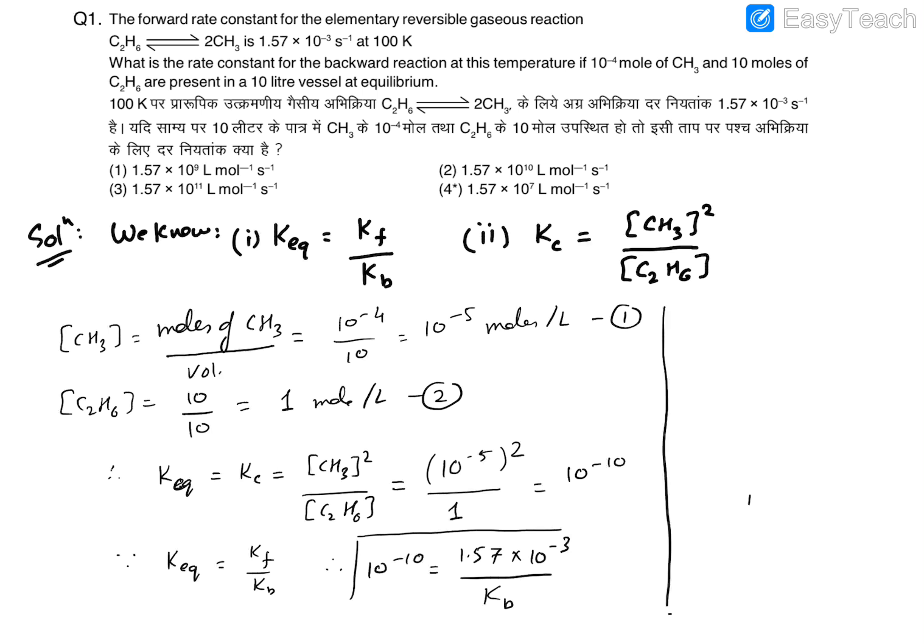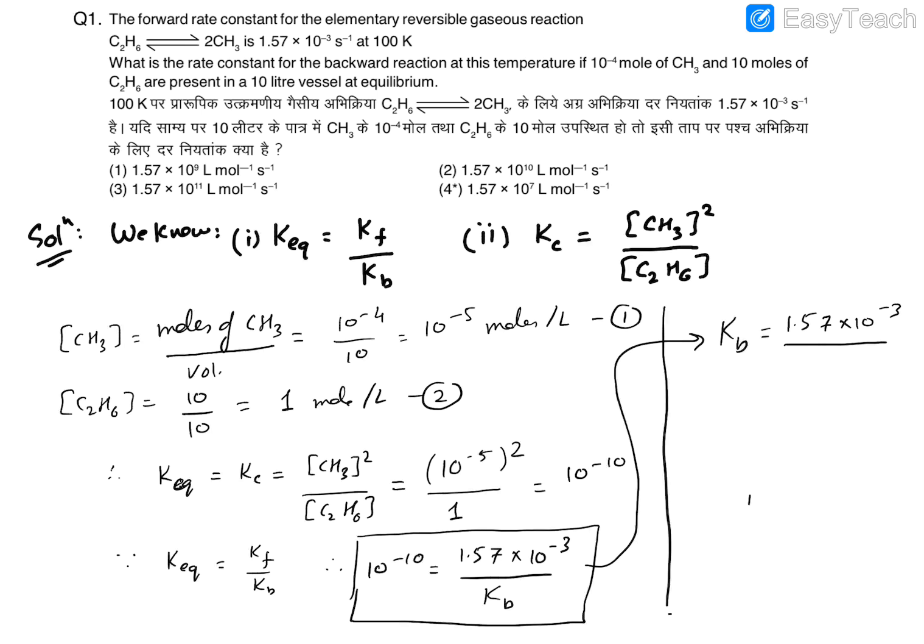Now this is the equation that we need to rearrange and solve. Let's take this forward. We get Kb is equal to 1.57 into 10 to the power minus 3 divided by 10 to the power minus 10. If you solve this, the value of Kb will come out to be 1.57 into 10 to the power 7